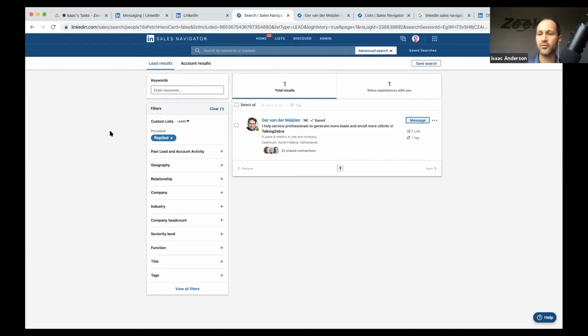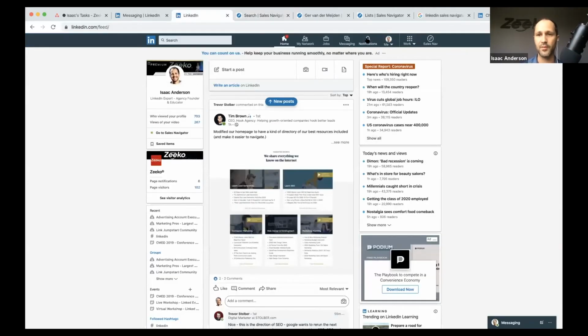When you're sending messages through the normal LinkedIn inbox, the recipient gets the little notification bell up here that someone sent a message, right? And then it'll be in their notifications. I might have turned that off. But anyways, the email communication is a big deal because they'll get an email from LinkedIn saying that Isaac sent you a message, and the blue call to action button on the email is view message, right?